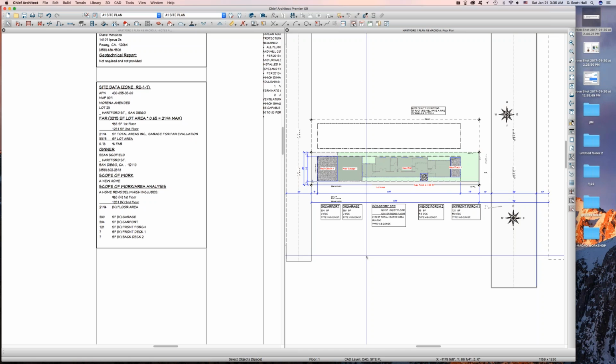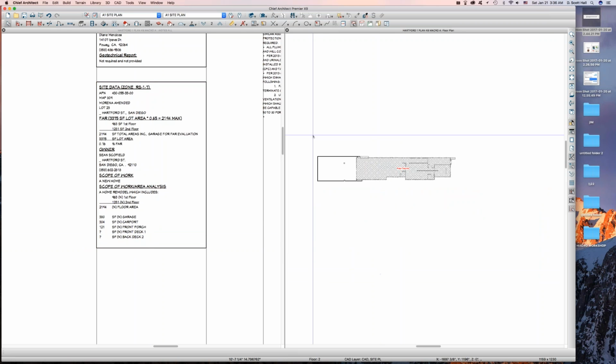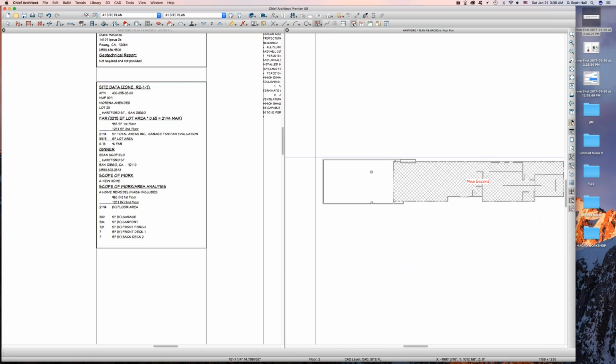I'm going to go up to, I got a front deck right here. I'm going to do a rear deck. I got a back deck right here. So what I do is I go up to my second floor, and I'm going to create a polyline like this right here, okay? And I'm going to put it on